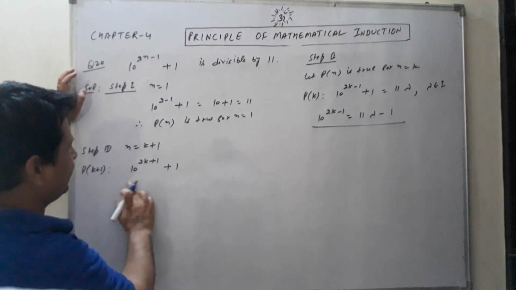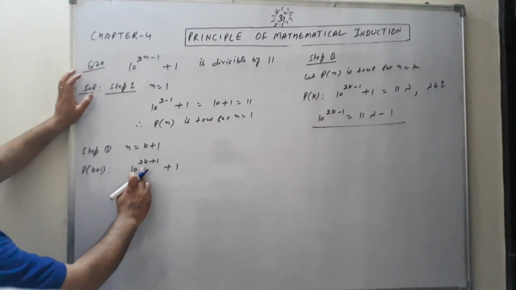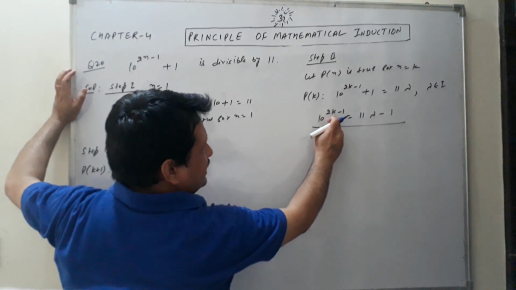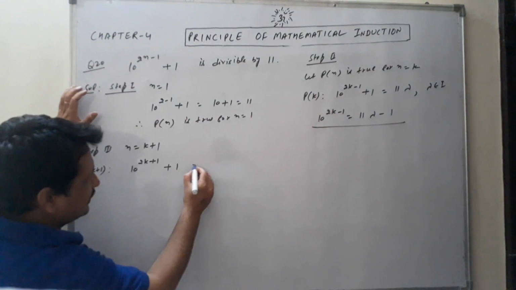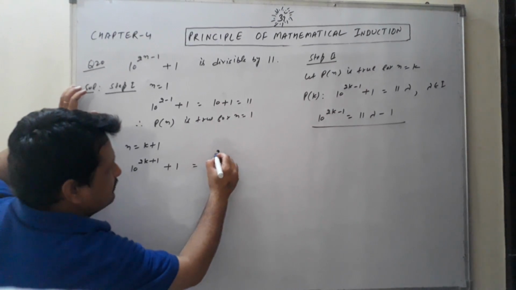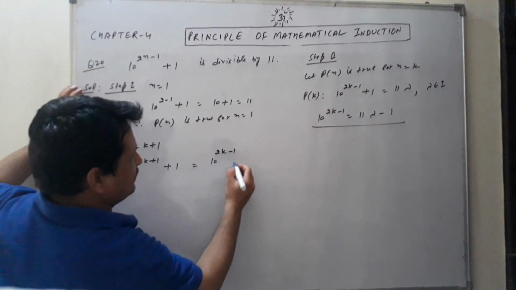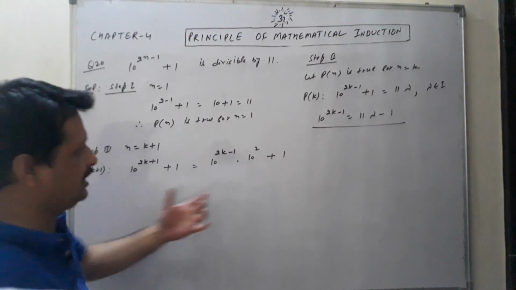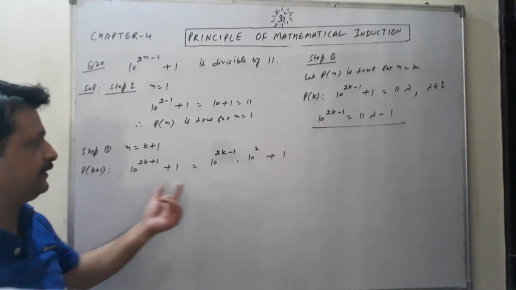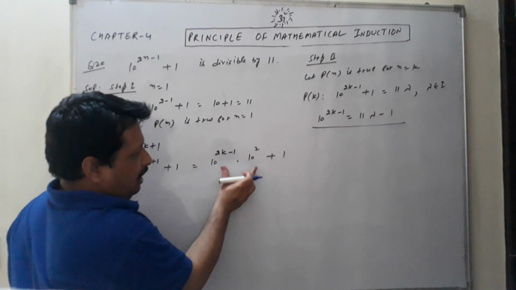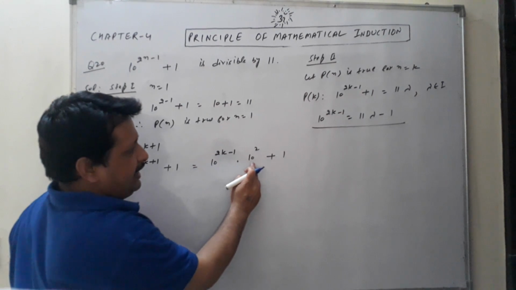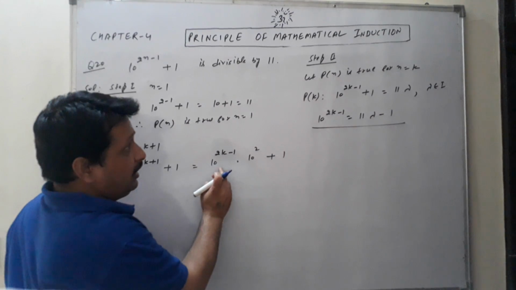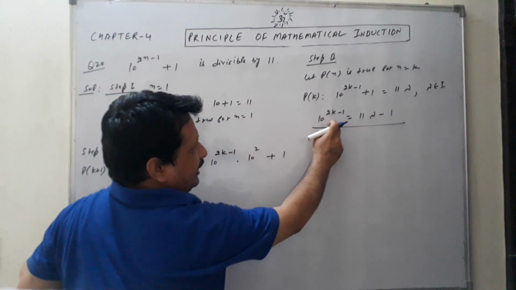Now students, what I am doing here, because I have to make it 10 to the power 2k minus 1, as in the second step, I will make the change here. How can I write it now? 10 to the power 2k minus 1 into 10 to the power 2. This is very important to understand, students. This is the way to break it. If you solve it again, 10 to the power 2k minus 1 and 10 to the power 2, 2 minus 1, again 1 will come and you will get 2k plus 1, right? But now we can use the step number 2, from where we can put the value.